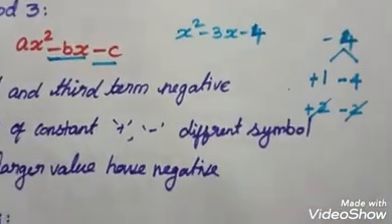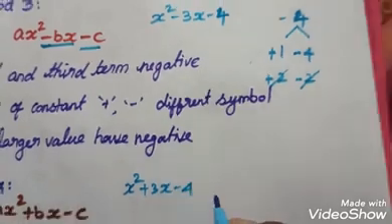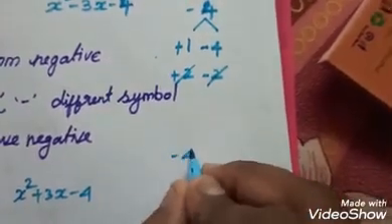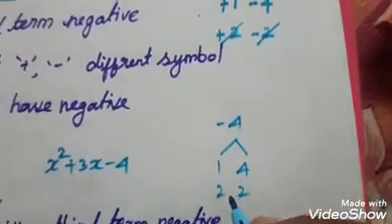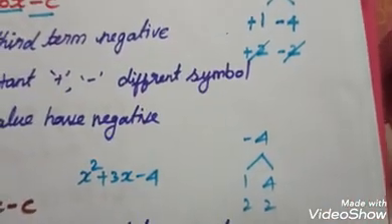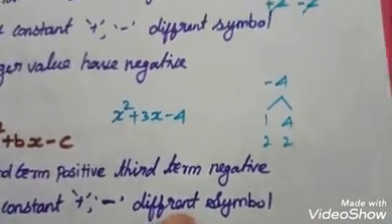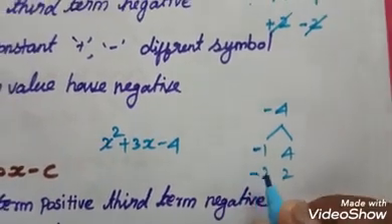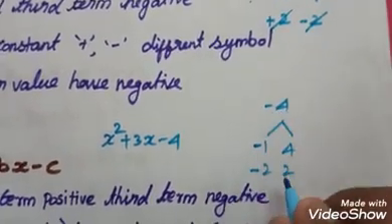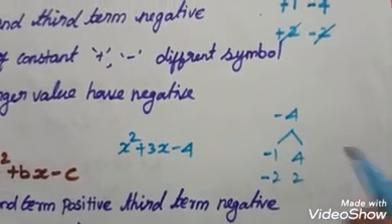I take the same example, x square plus 3x minus 4. So the same factor minus 4: I take 1 4 is 4, 2 2s are 4. Different symbol means the smaller value only negative. So I take minus. In this 2, I take only 1. So my plus into minus, minus 4. Both of them, the product is minus 4 only. But you have to add or subtract.